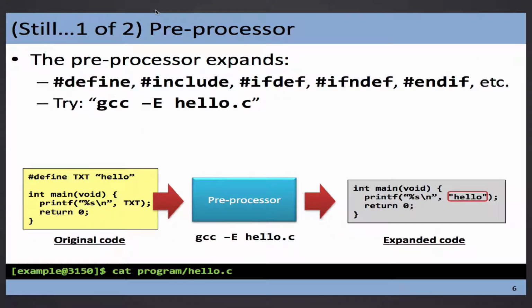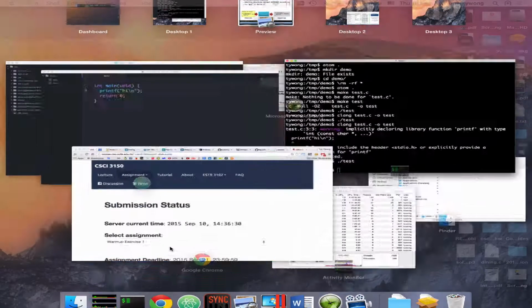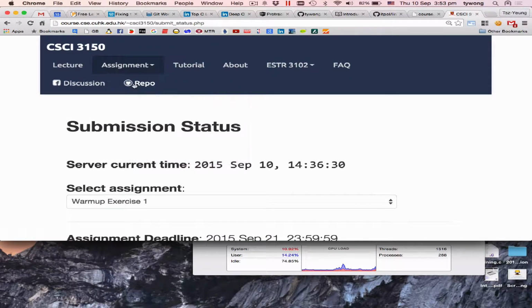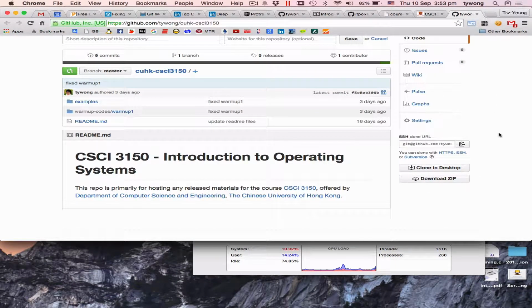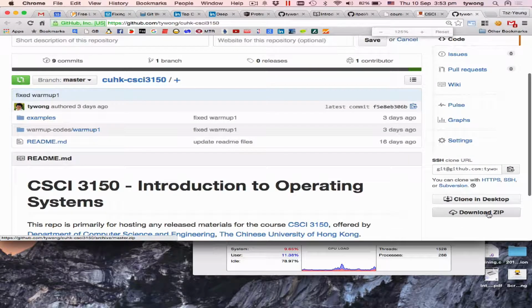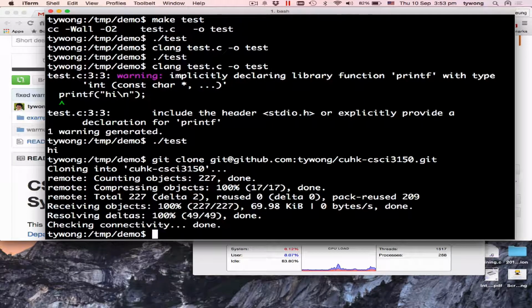And yeah, so I want to compile this program and go through the -E option. I have to clone my repository. I didn't clone it yet, so I just go to here. If you're not familiar with GitHub, I assume that you know what download is. If you're familiar with GitHub, you will know what I'm doing. All I'm doing is copy and paste that URL and then clone. If you don't feel comfortable with it, download.